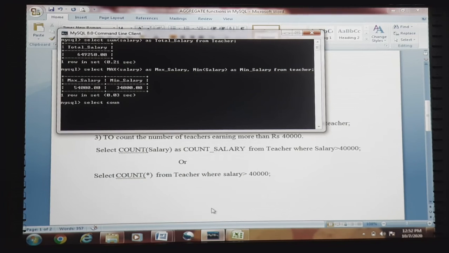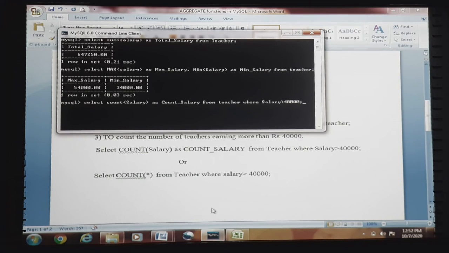Select count salary as count_salary from teacher where salary greater than 40,000.